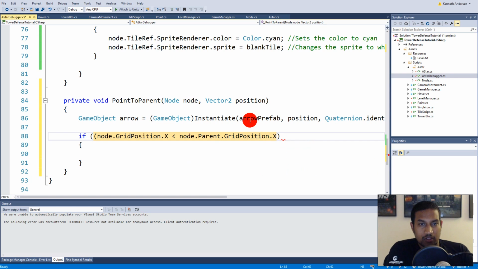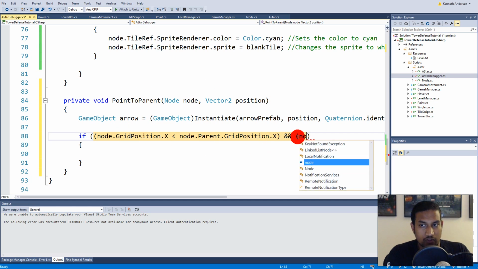node.parent.gridPosition.x. Okay, so if the node we are spawning the arrow on top of, if that grid position is less than the parent's grid position, well, that means that we are to the left of the parent, so we need to point to the right at least. And then we need to say, let's just put this into parentheses to make it easier to understand. Then we need to say if the